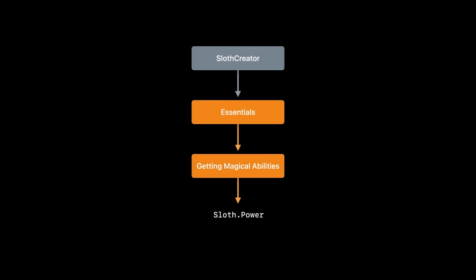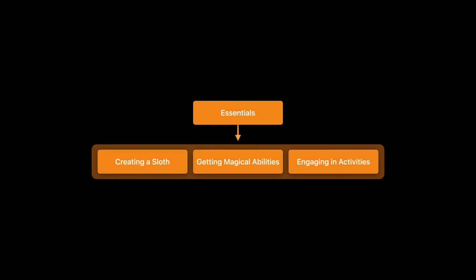The more work I put into organization and page titles, the more likely developers will have a smooth path to the page they're looking for. Also, the more likely I'll encourage serendipity. In other words, happy accidents. By organizing well-thought-out themes next to each other, I'm enabling developers to find relevant, related pages. For example, as I'm learning about Sloth Creator Essentials, I'm delighted to find Getting Magical Abilities in the list.